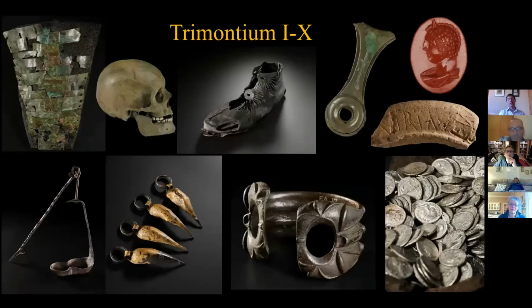Finds breathe life into a story. For me, and I hope for you, finds bring the frontier alive. And even in sneaking in just a few more than 10 items, this is only a taster of the stories that await. And these are not just amazing objects, these are objects that tell us about the Roman frontier and its relationship. We can only understand it from the archaeology. It is the finds that breathe life into it